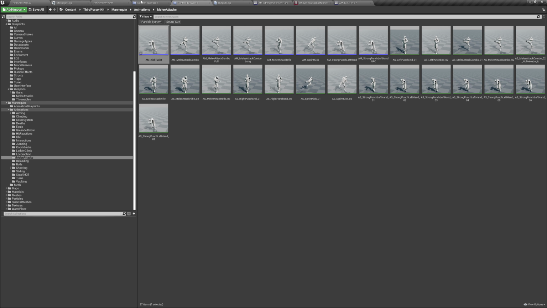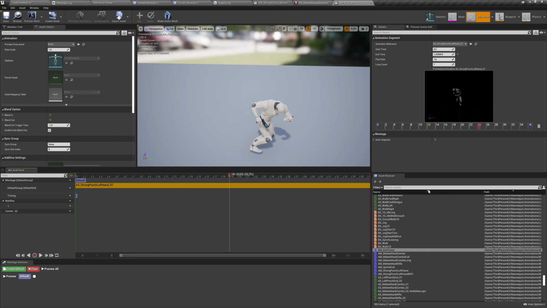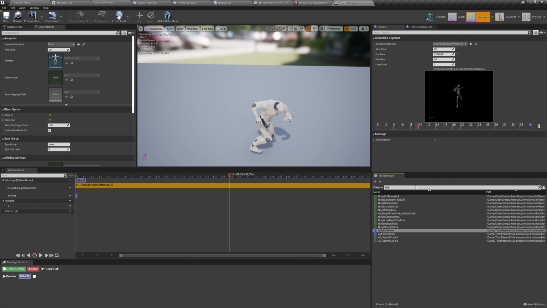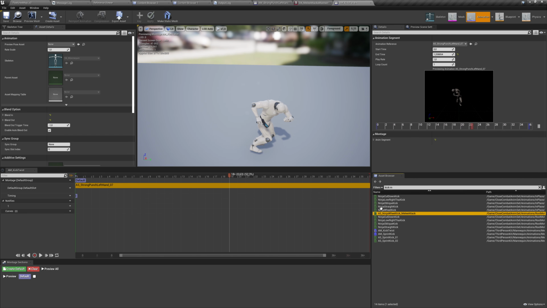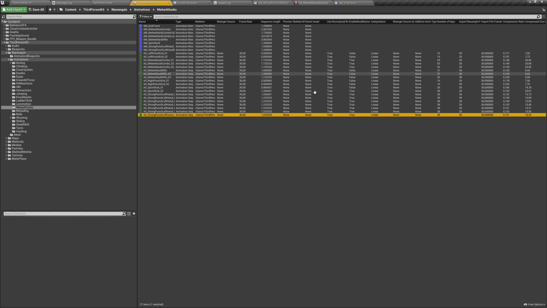So let's look for the twist, and now I don't remember how I called it. That was kick twist, I think. Kick melee. There you go. Kick melee attack. Before I open this, I want to go to the definition for the strong punch because we'll need